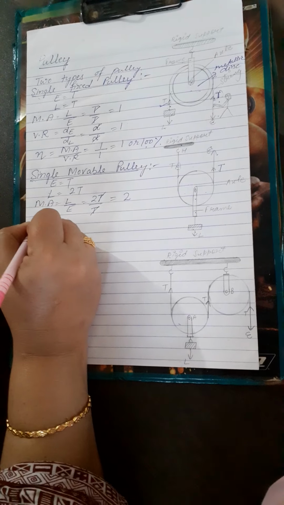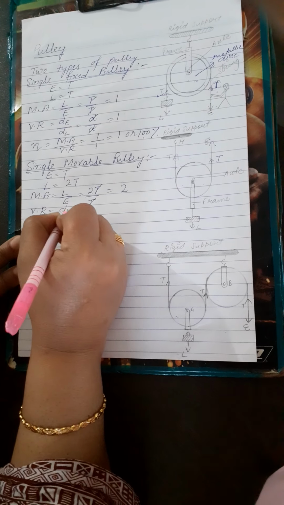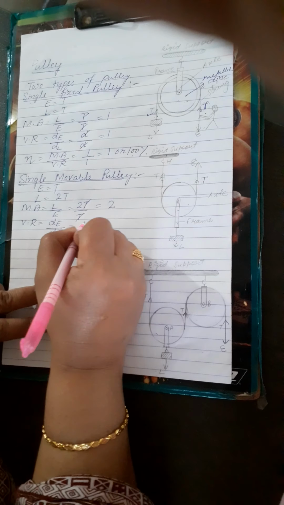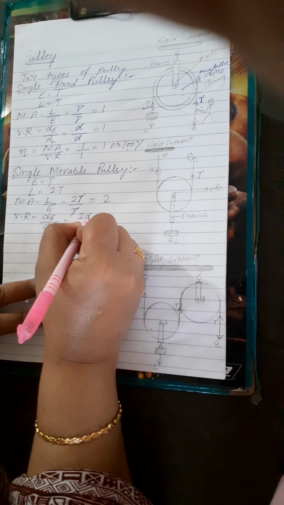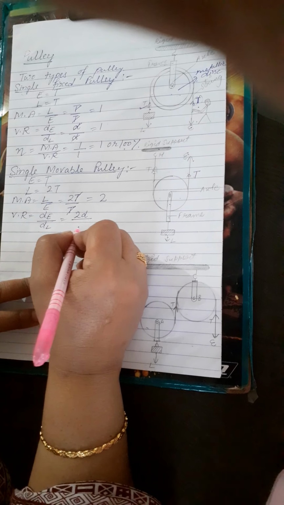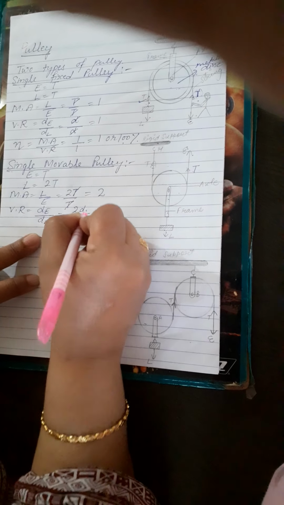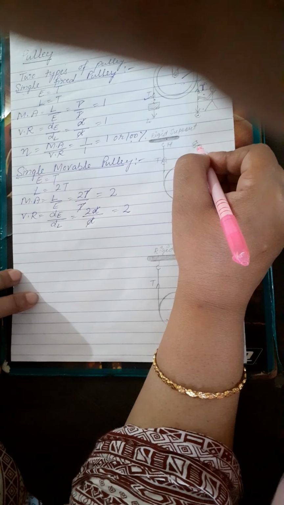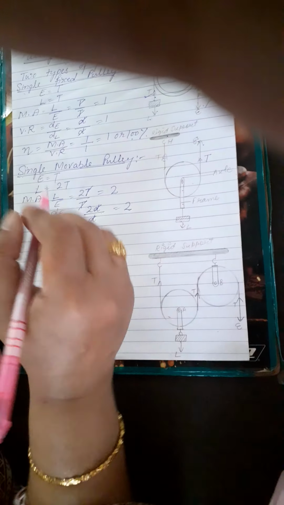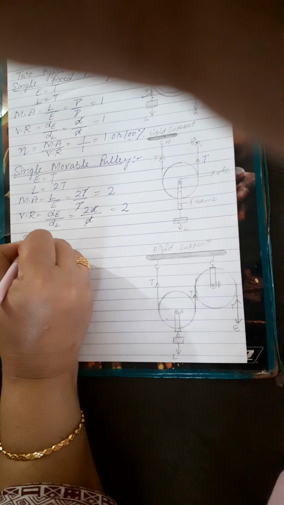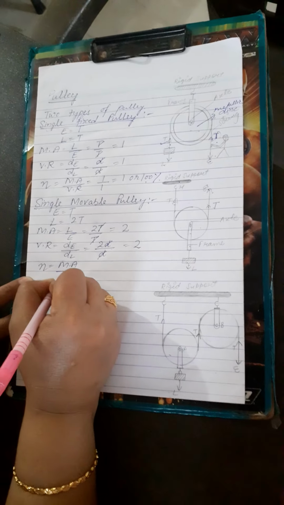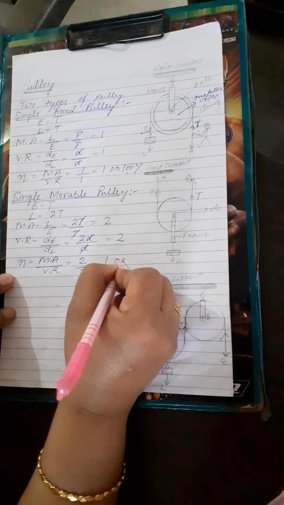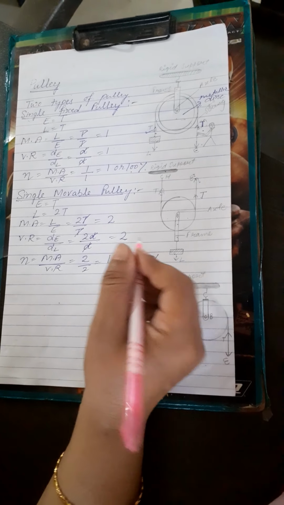so the mechanical advantage will be 2. Then beta, the velocity ratio is the distance moved by effort to the distance moved by load. Now beta, the effort will cover double the distance and the load will come up by single d. So it will also be 2. This end will cover double the distance than that covered by the load. So efficiency will be mechanical advantage divided by velocity ratio. So it will be 1 or 100%. Again, this is for the ideal case.